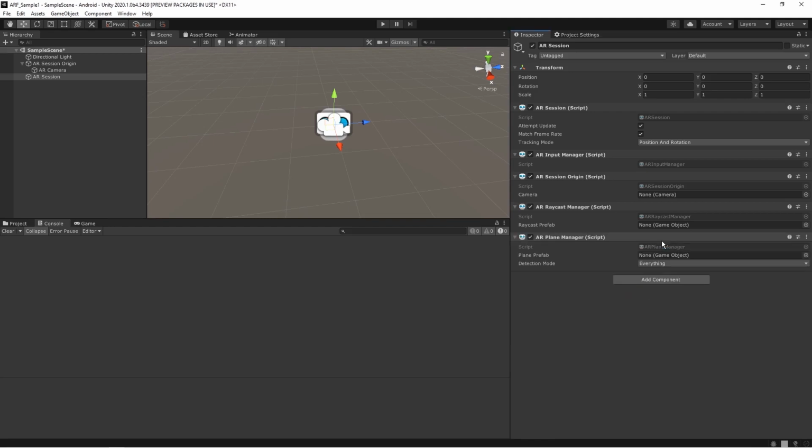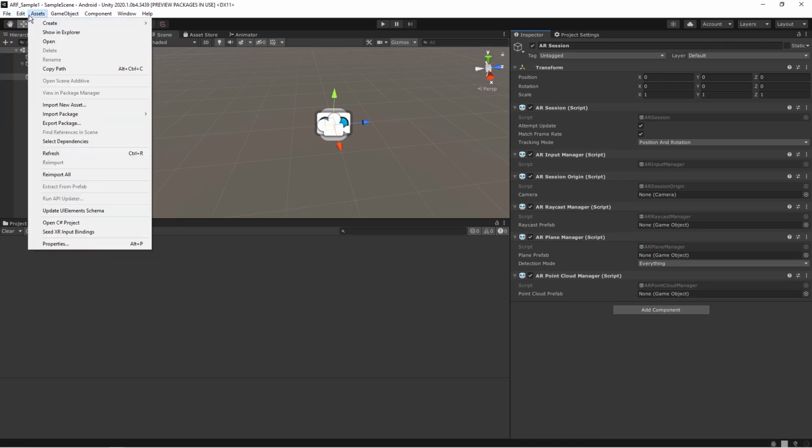You can also add the point cloud manager, which will visualize your point clouds also. Now we have added all the scripts, so we have to reference these with the camera, raycast manager, plane visualizer, as well as point cloud visualizer.